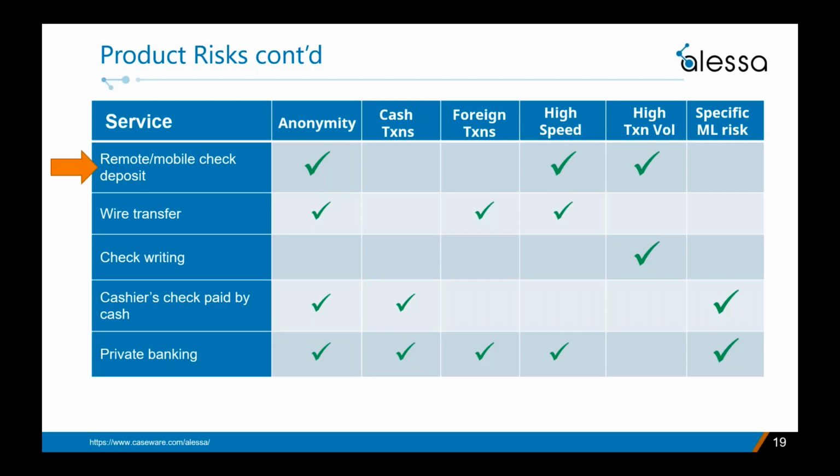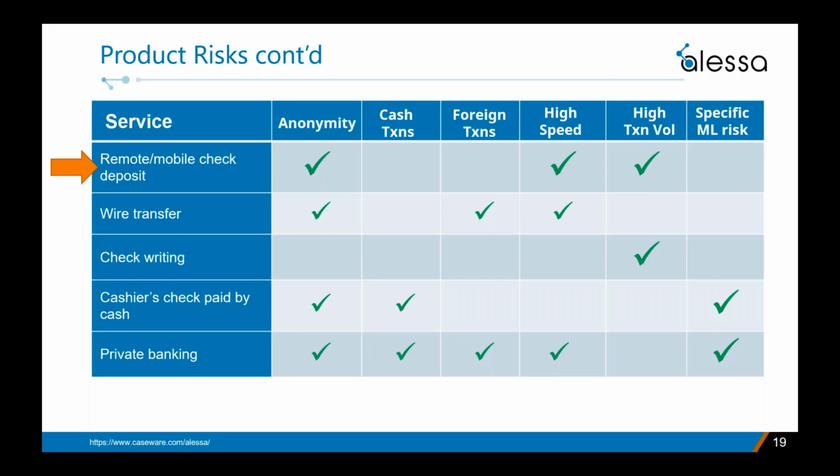Remote check deposit is a service primarily for business accounts. The business customer has a check scanner device that they use to scan in the fronts and backs of large batches of checks, oftentimes with an electronic endorsement that's automatically added. And the entire batch is then submitted electronically to the bank for processing. Mobile check deposit is what you do with your smartphone.